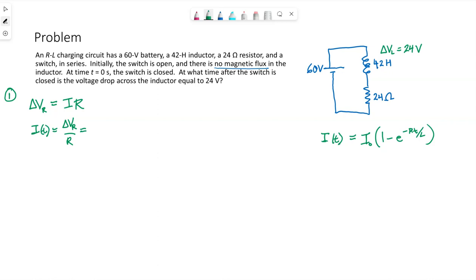But we can find out what the resistor has from Kirchhoff's loop rule. If the battery is supplying 60 volts and the inductor has 24 of it, the resistor has to have whatever's left. Meaning, if we take the battery voltage and subtract off what the inductor has, the resistor has the 36 volts, the difference between the two. Because the resistor and inductor voltages must add up to be that battery voltage. Okay, so 36 volts